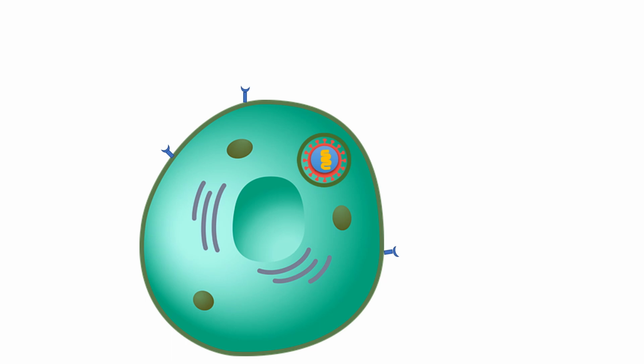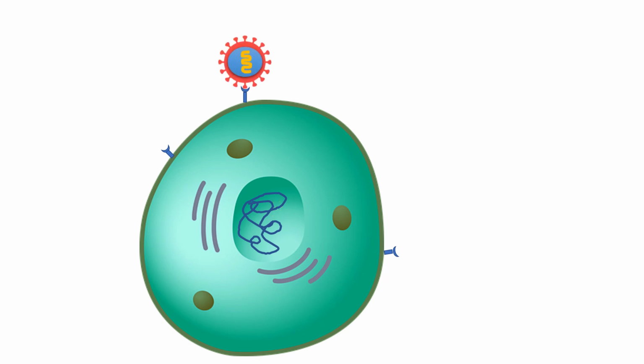The viral genome enters the cytoplasm of the cell and it fuses with the DNA of the cell. This is one of the methods of entry of the viral genome inside the cell. Another method is by simply attaching the virus to the cellular surface and just injecting its genome inside the cell. The coronavirus follows the first method of entry inside the cell.